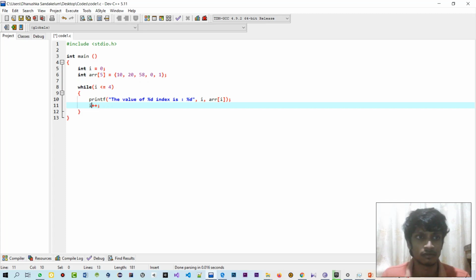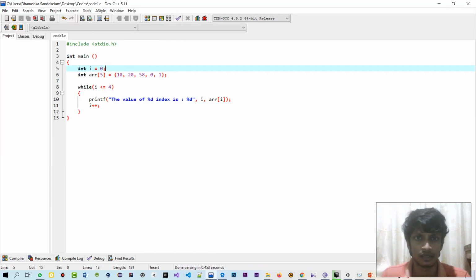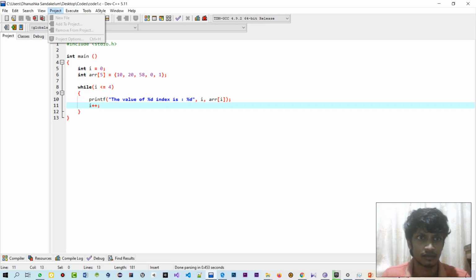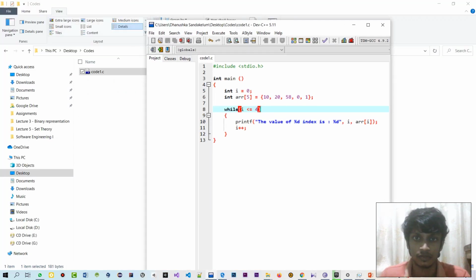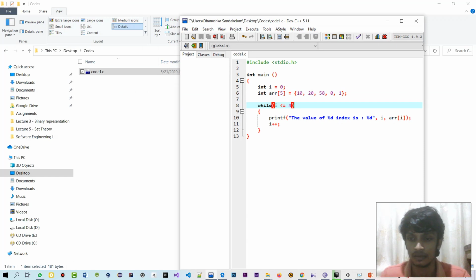So we can now save our code and run. Okay, so here is a tab called execute. Before you run your code, it should be compiled, because now this is just a C file.